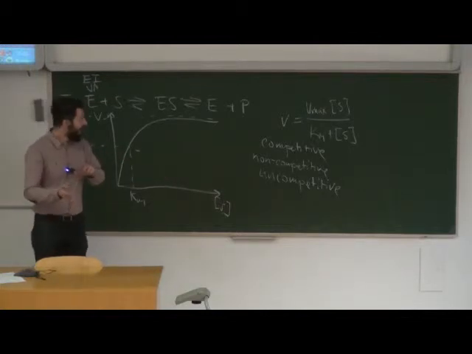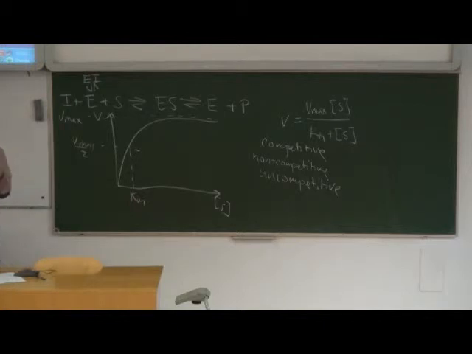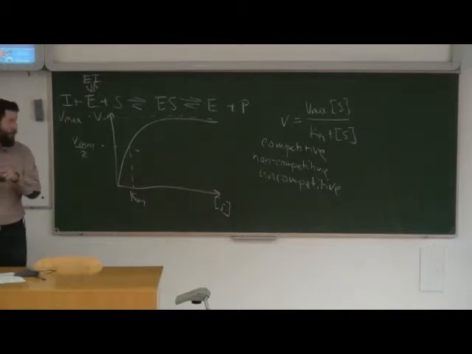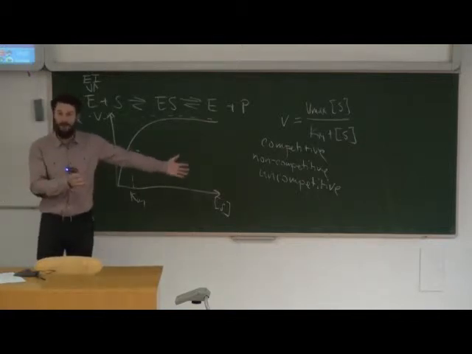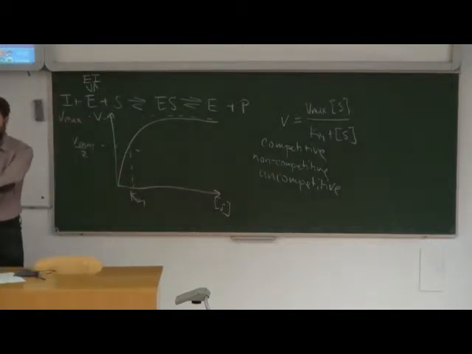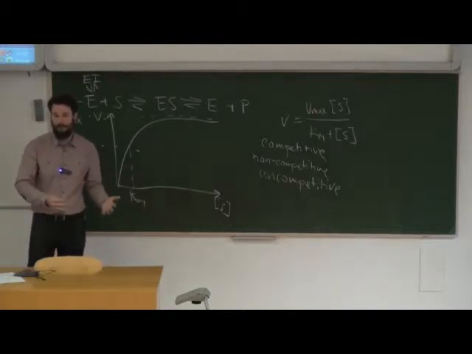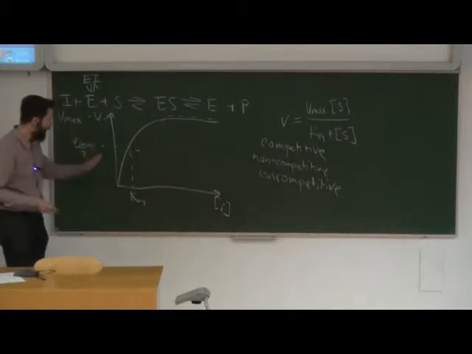Okay? Now, assuming, it doesn't have to be true, but I'm just trying to make it simpler, assuming that the likelihood of binding, that the binding of the inhibitor and the substrate are the same, if we have an infinite number of molecules of substrate and only 10 molecules of inhibitor, the enzyme is only going to bind the substrate, okay? Because it's infinity to 10. Okay, as you said, it's based on chance, and in this case, the chance is going to be 100% binding substrate. Okay? So Vmax is going to be the same.